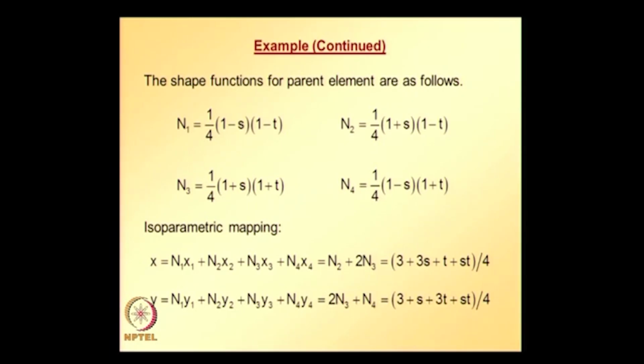Similarly, y is equal to n1 y1 plus n2 y2 plus n3 y3 plus n4 y4, where n1 to n4 are the parent element shape functions, y1 to y4 are the actual element nodal coordinates. Substituting this information, we get the relationship between y and S and T. So, once we get these two expressions, x in terms of S and T, y in terms of S and T,